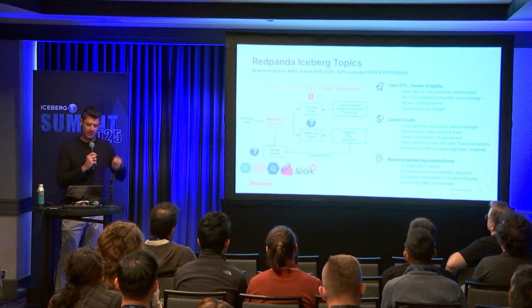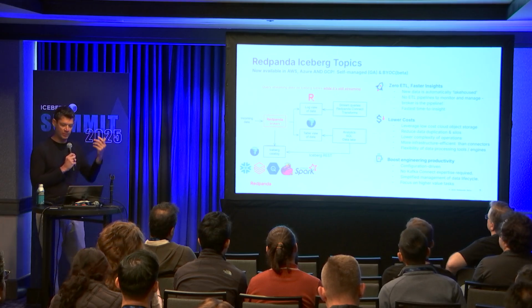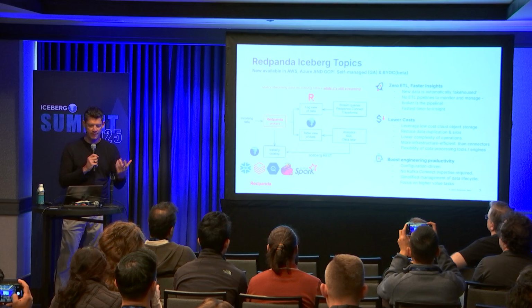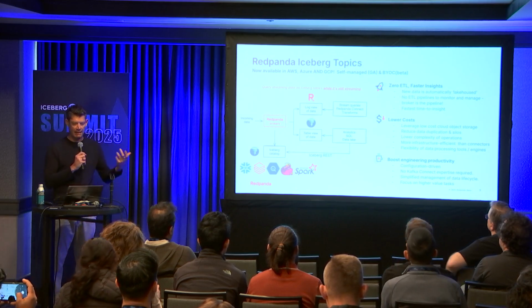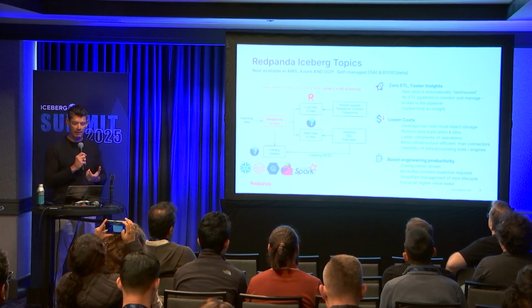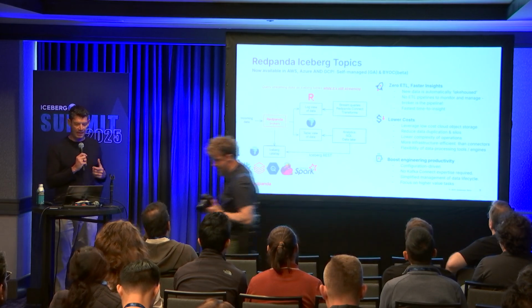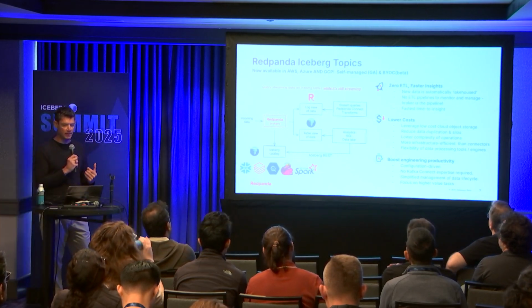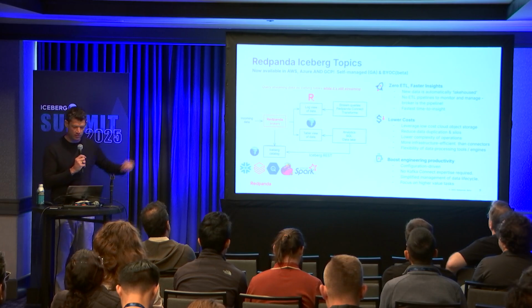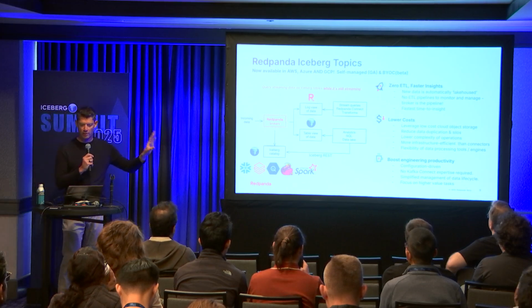That is, the same data, the same topic, the same log is still supporting stream queries through the Kafka API. Consumers doing real-time read after write or doing historical queries using Flink, Kafka streams, the whole Kafka ecosystem against that data, but also analytics engines and SQL databases querying that data as part of a data lakehouse architecture, right? So the topic is the table, right? And we're integrating directly with your REST catalog, which we'll talk more about, through the Iceberg REST protocol securely, and that could be your Snowflake, your Databricks, your BigQuery, your Glue, Nessie, whatever that might be.